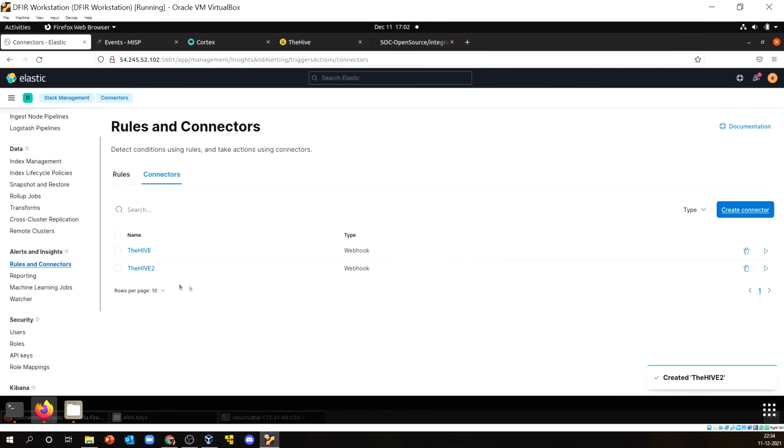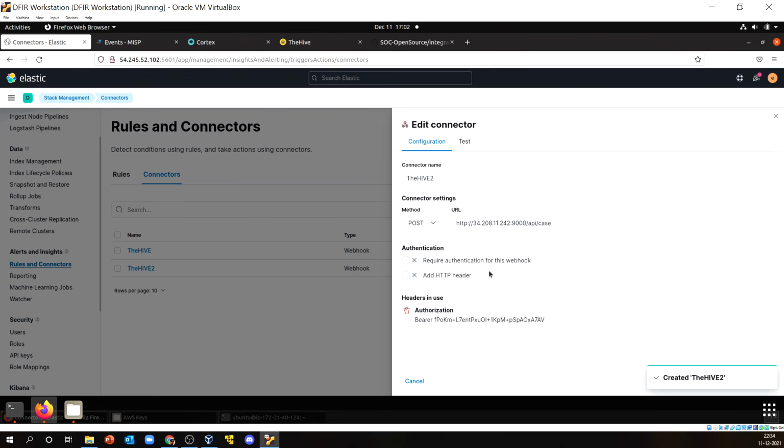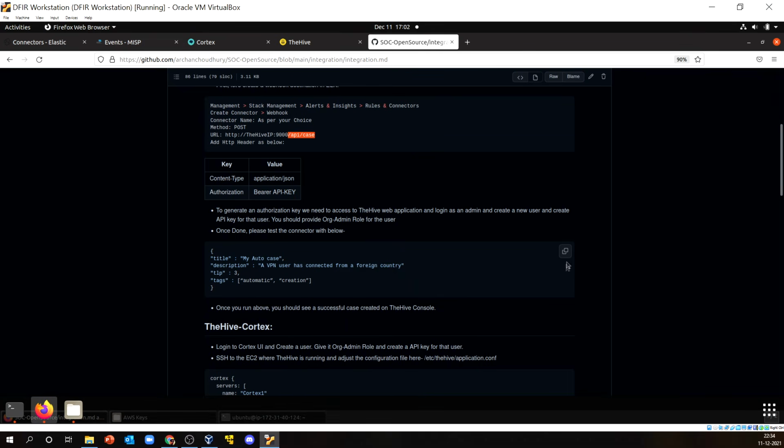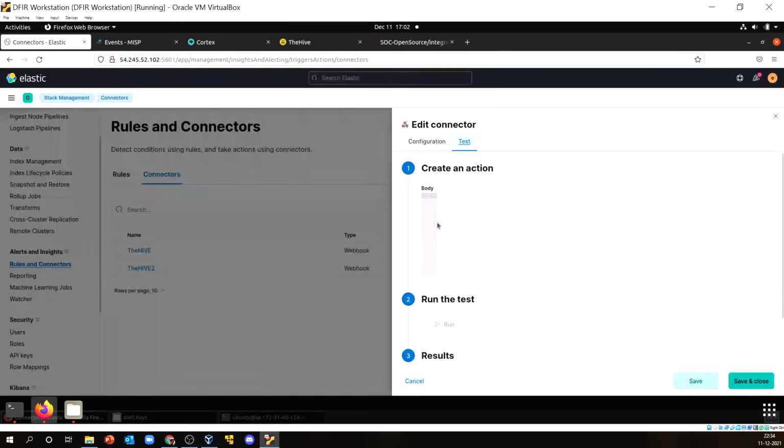Okay, so I have saved it now, and if I want to quickly check this particular thing, I can test it over here as well. So I have given the test command here as well. So I'll quickly copy this particular thing. Just remember this is a double quote, the inverted quote, and without that it won't run. Yes, so I need a comma over here. So yeah, just need the auto cases from